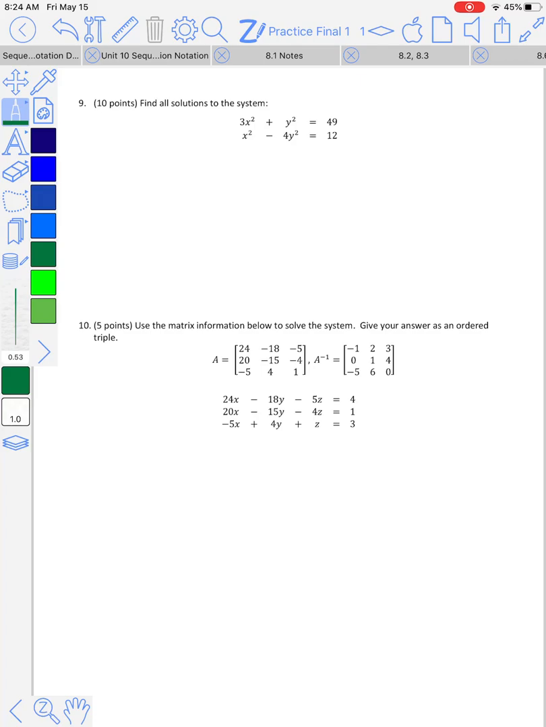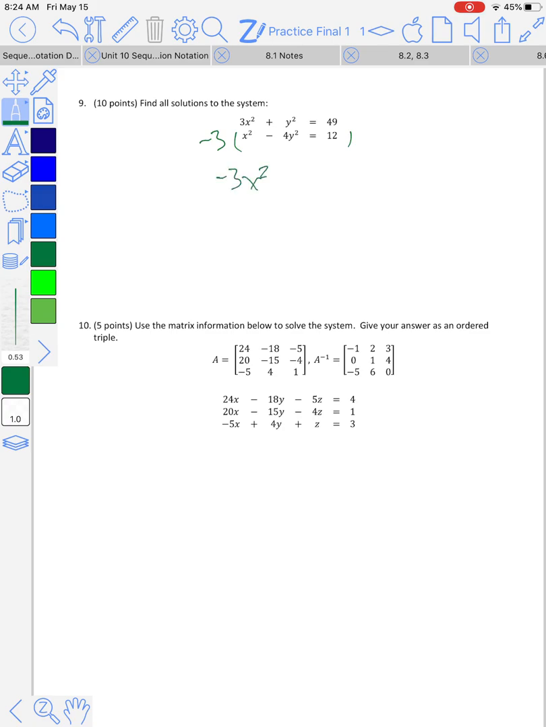Number 9. Find all the solutions to this system of equations right here. Alright, well, to me, it looks like I could easily eliminate this if I multiply the top by 4 or multiply the bottom by -3. Either one is going to work. So maybe we'll multiply the bottom by -3, because then that'll get rid of some of those big numbers there,